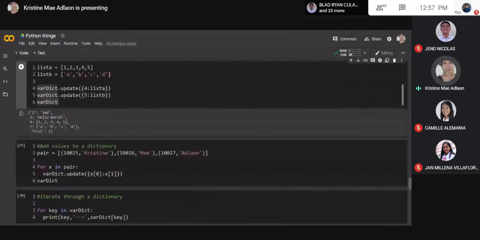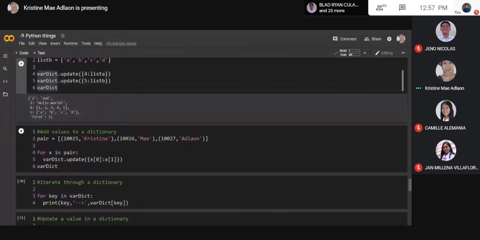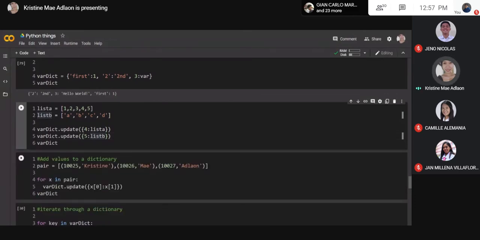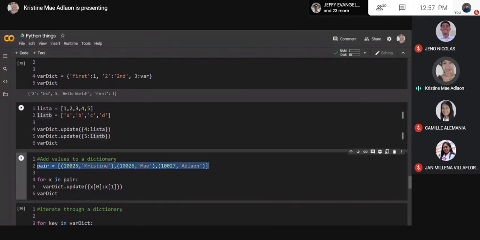So, how do we... what if we don't add it that way? There's another way to add new values in the dictionary. For example, you see this pair, or entry, it's a list. The data type of pair is a list, because